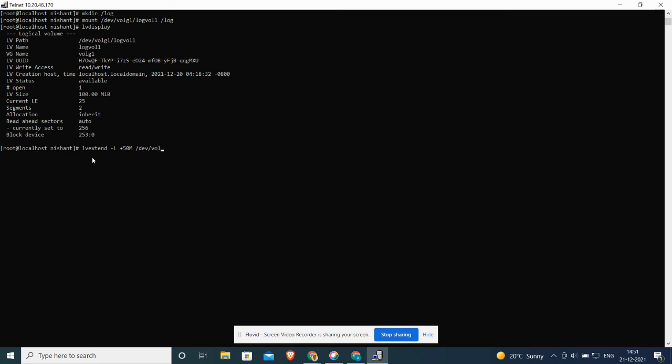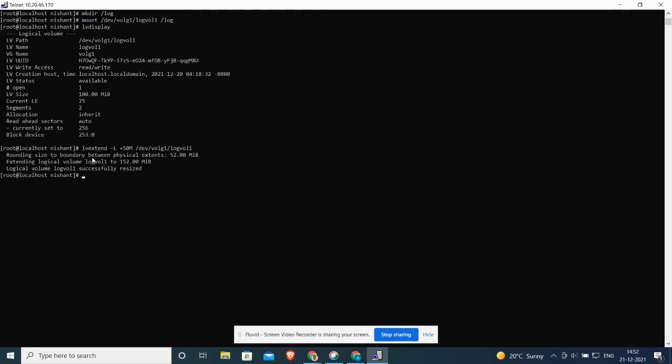The path, volume group 1, see from above, LOGVOL1. We are extending the size. It says rounding the size. So we asked for 50 MB, it has rounded off to 52 MB, and the total size becomes 152 MB.